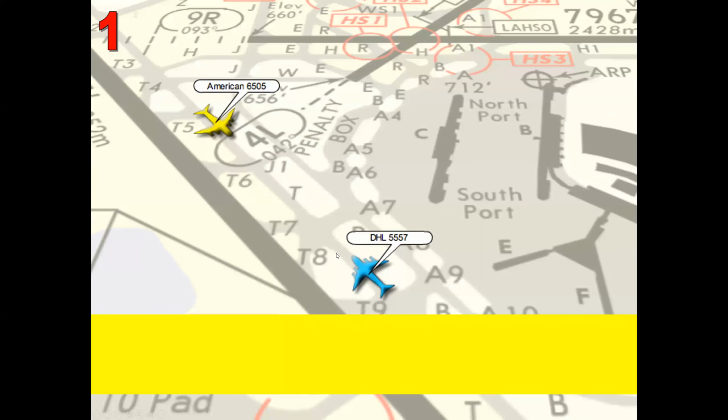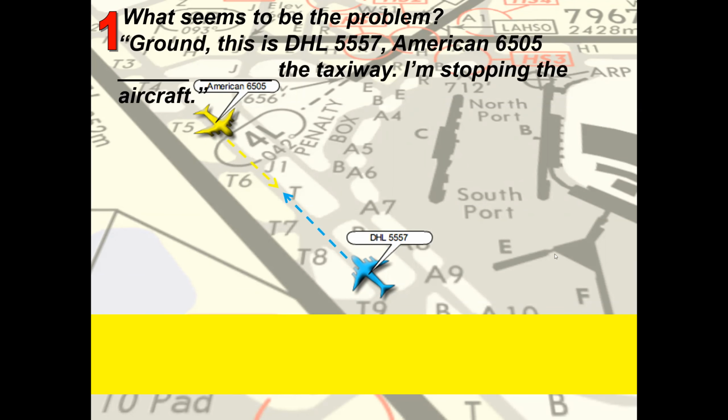Yeah. So let's go through these one more time, and try to get focus back on the verb conjugations that we're talking about. Let me start with Miguel, and fill in the blank. You're looking up ahead, DHL 5587, and you're reporting on the American 6505 up ahead, and it's blank the taxiway, I'm stopping the aircraft.